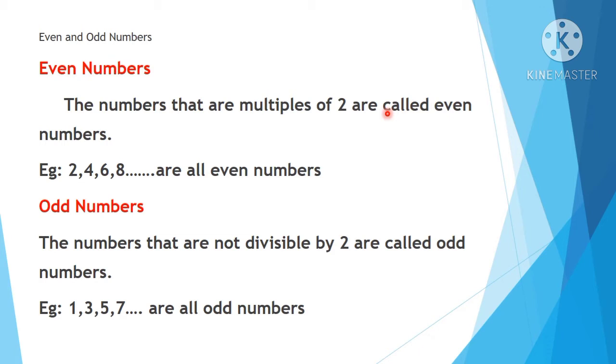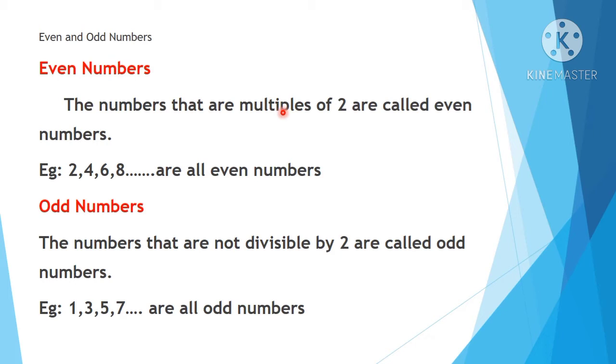You take 14 divided by 2. You will get the remainder as 0. So when you get the remainder 0, then that number is an even number. Other than that, the numbers which are not divisible by 2 are known as odd numbers. Okay, now is it clear, children? The number which is divisible by 2, any number when you can divide by 2, that number is known as even number. When you cannot divide a number by 2, so we are not getting the remainder as 0, then that number is known as odd numbers.